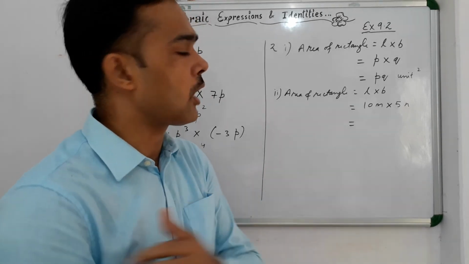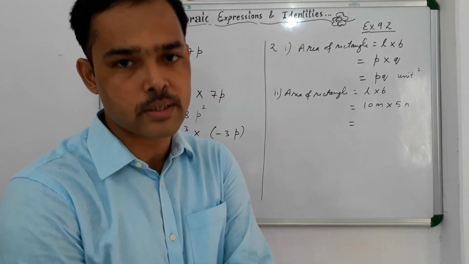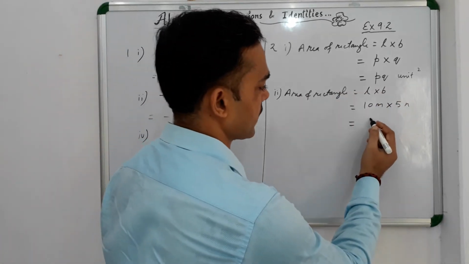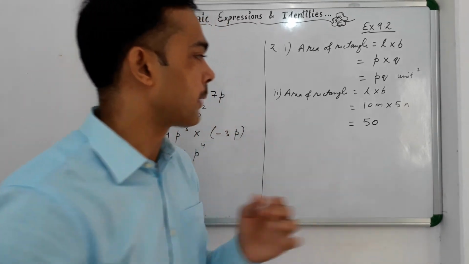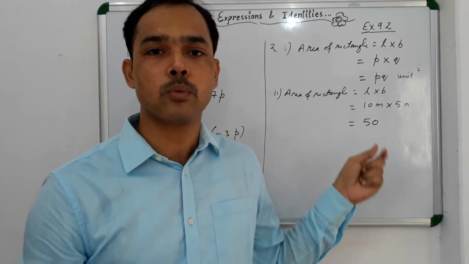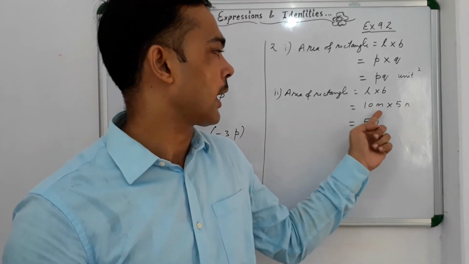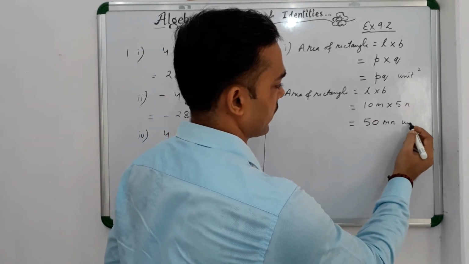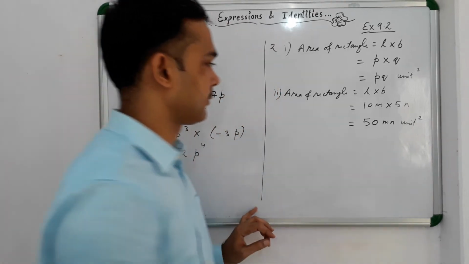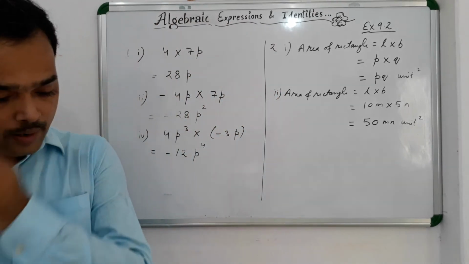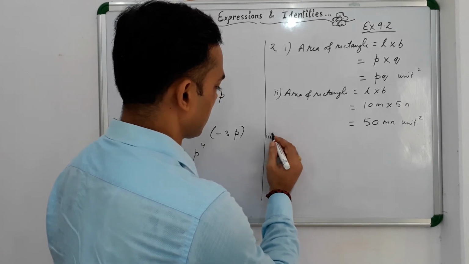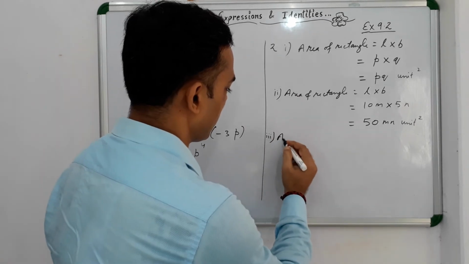Now sign into sign, there is no negative sign, so it means that both are positive. So it will remain positive only, because you know that same signs whenever are multiplied it is positive. Then let us now move on to the constants. So 10 into 5 will be 50. We have multiplied the constants. Now let us move on to the variables. So m into n will be mn unit square. After the second part, now let us move on to the third part. Area of